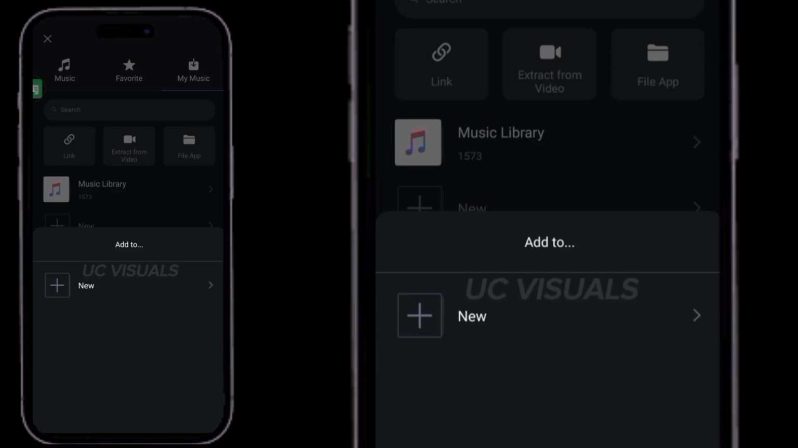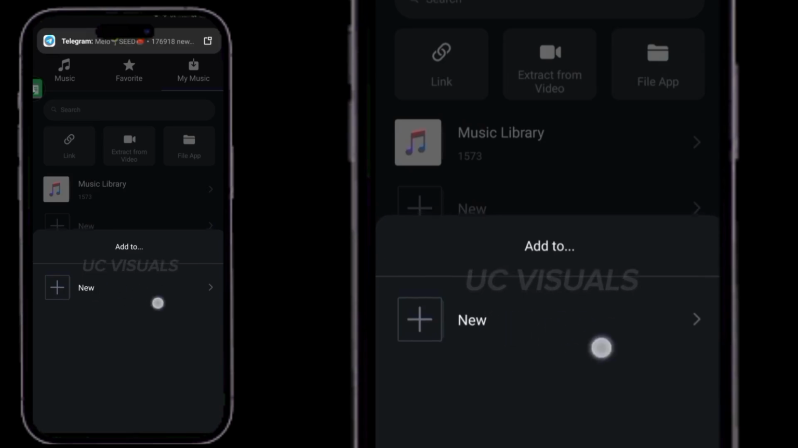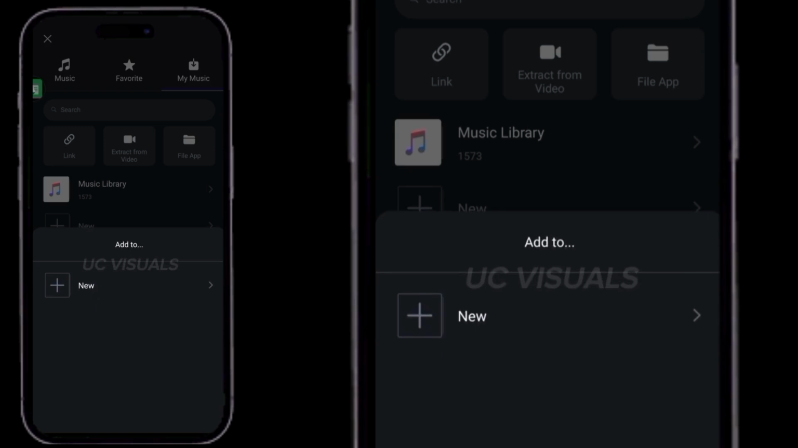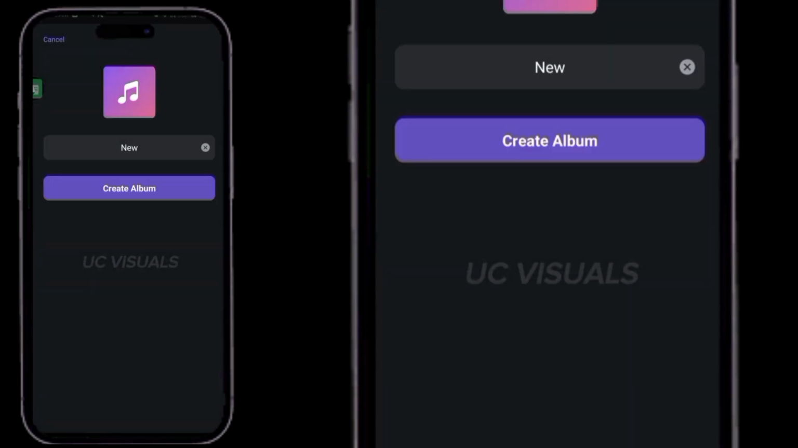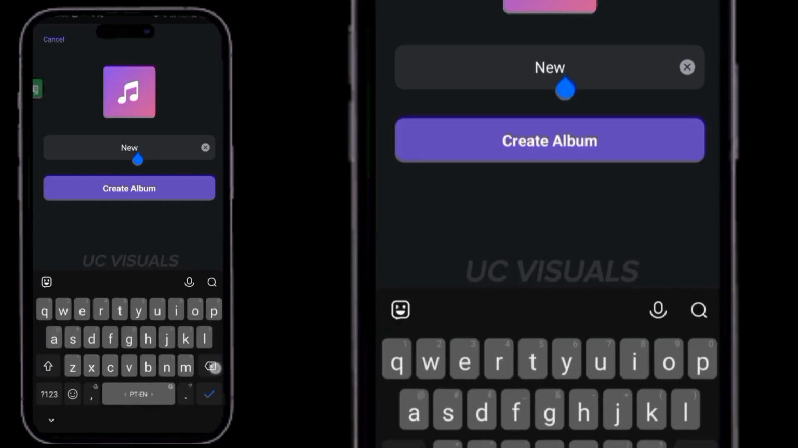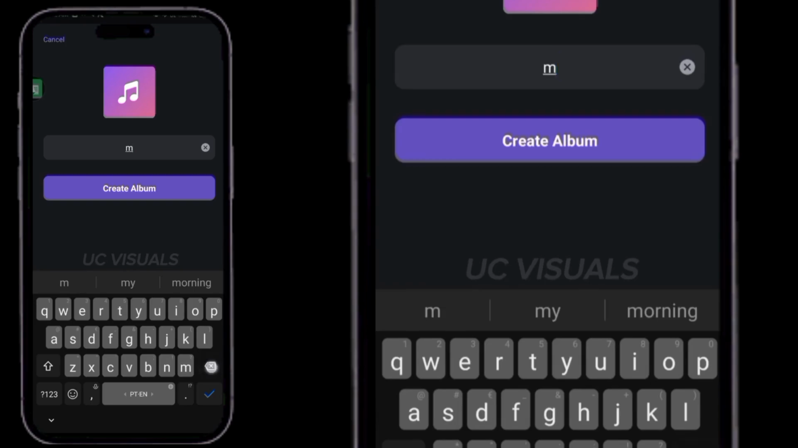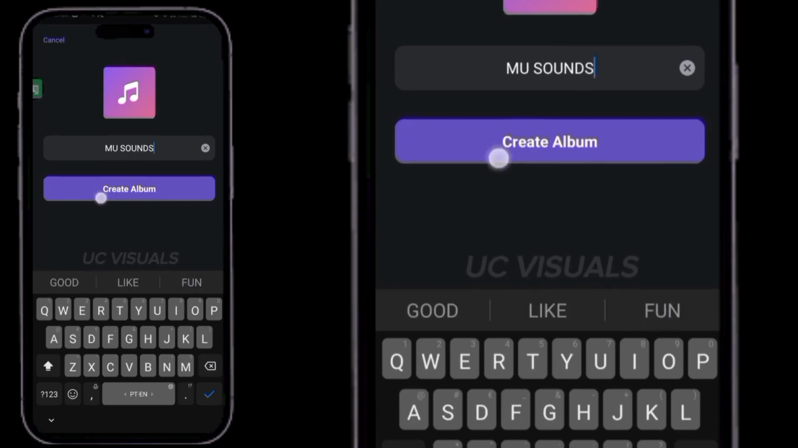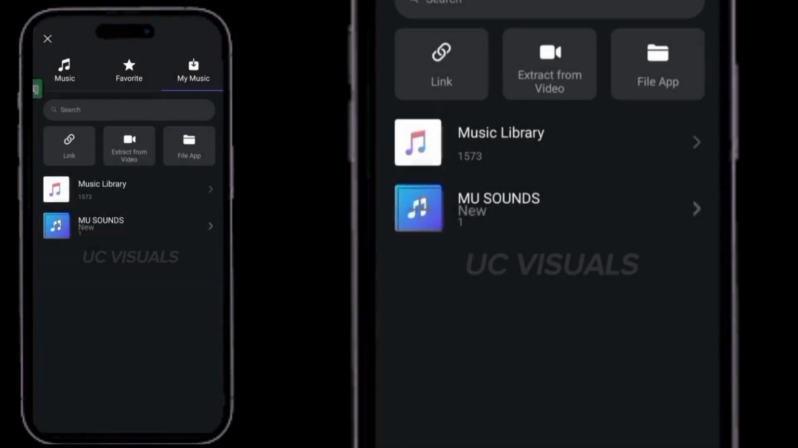So when you tap on that sound to bring it into your VN Editor, it's going to ask you to add that sound to a folder. All right, so we have to create a new folder while importing our sound. So let's go ahead and click on this new here to create the folder. So click on new. Then let me go ahead and rename it my sounds. All right, my sounds. Then you click on create album. Have you seen it? It has been created, and that sound has been added